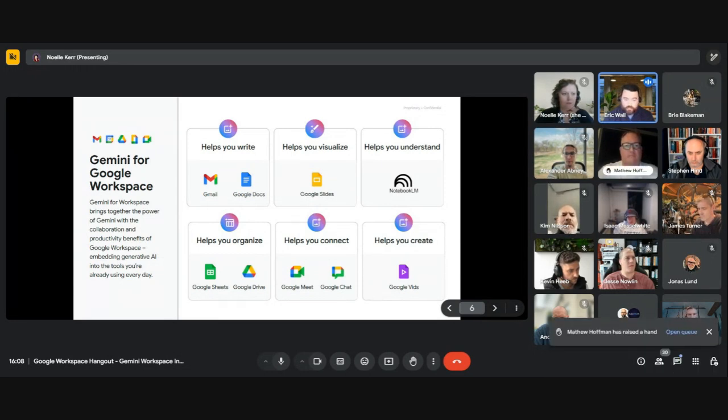You'll see in the top left-hand side, you look at the likes of Help Me Write in Gmail and Google Docs. You'll also look at Help Me Visualize in Google Slides. That's the ability to create stock images available for slides, which we generally wouldn't recommend going external out to clients, but it is a useful thing to know.